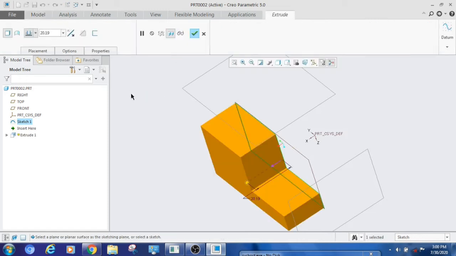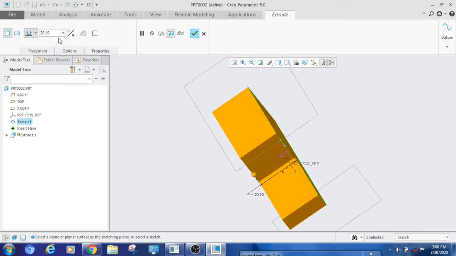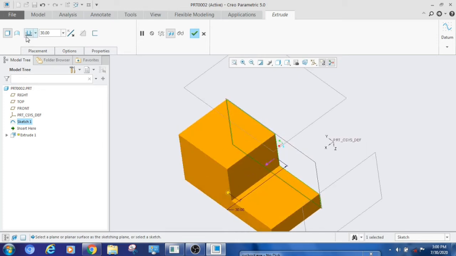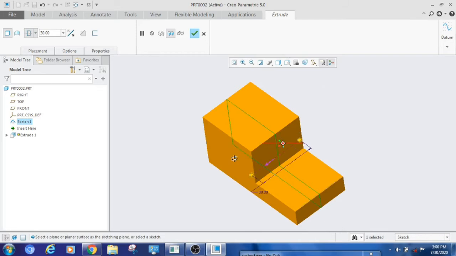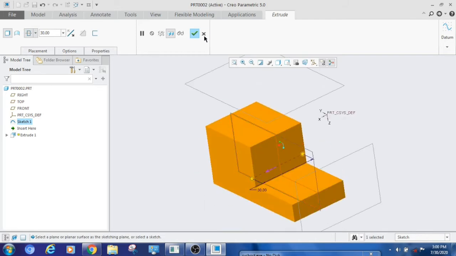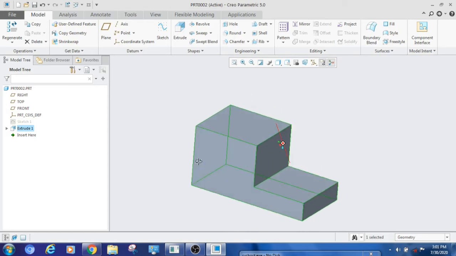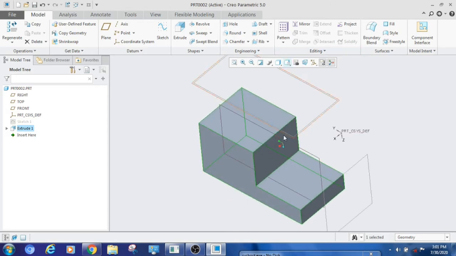Next we select Extrude and you can give 30. How much do you want to extend? We have to give 30. Always try to use both sides of the sketch. For that you can select the second option, so we can use the middle plane in future. Select the OK button.